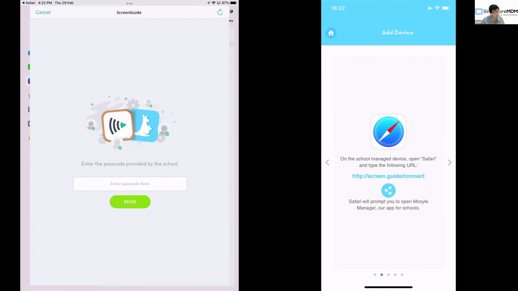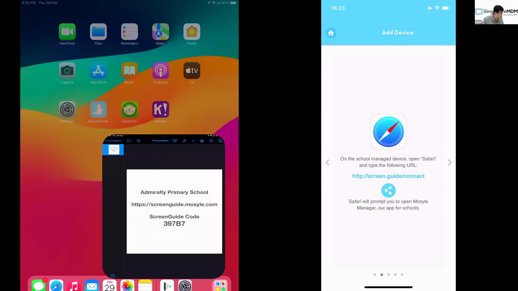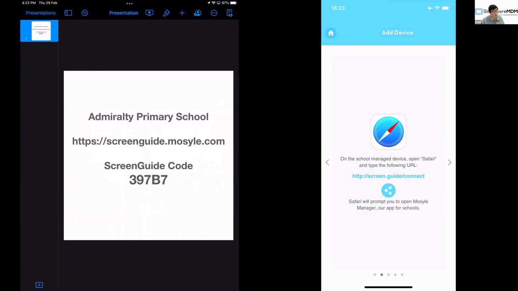So at this point here, it will say, please enter the passcode provided by the school, right? So all schools have a unique passcode to identify that this belongs to Admiralty Primary and not a different school, right? So for Admiralty Primary, the Screen Guide school code that you need to remember is this, right? 397B7. So you will need to enter 397B7